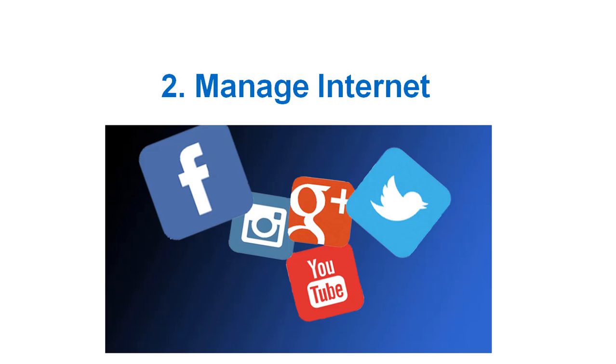Next and most important is to manage the internet. You know, the internet is one of the most beneficial things in day-to-day life, but still there are some disadvantages also. For example, we are going to study something and suddenly a notification comes that somebody has sent a message on WhatsApp, and we hear the tune that we got a message. So what we do is, we try to see the notification. Once we see the notification, we think that okay, we should reply to the person,